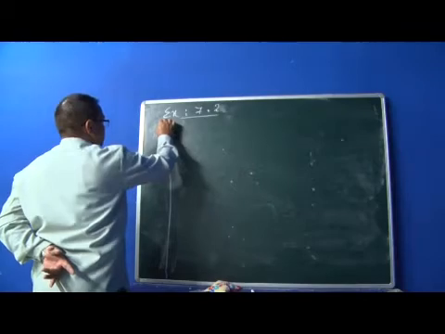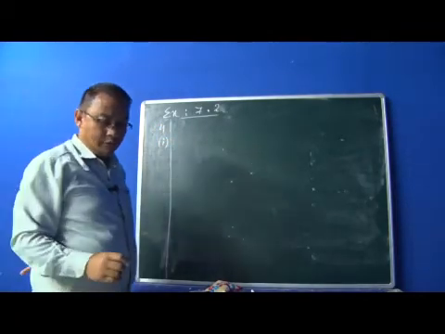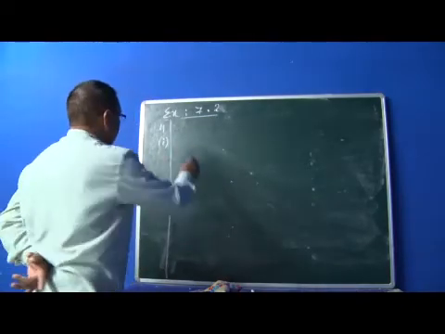7.2 question number 4 sub 1: find the zero of the polynomial. Here the question is